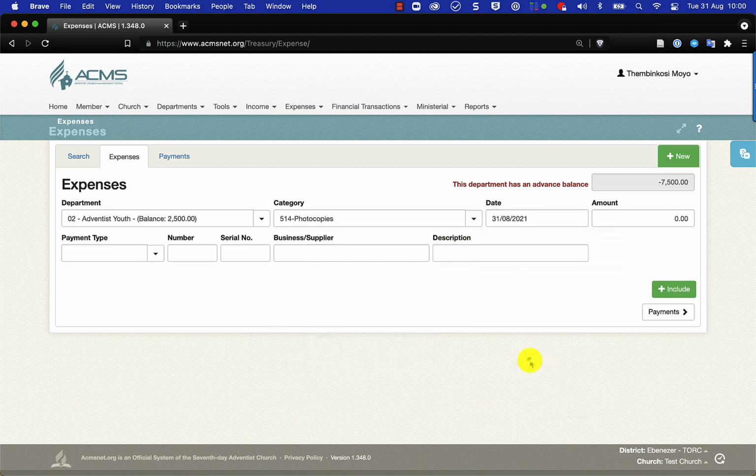And then you say the date, put the date, you say the amount, and you say, okay, so the receipt that they brought back to us out of that 2.5 was 2,000, because remember the change that we've recorded is already the 500. It was an invoice, you put the details and you click on include. And this way you have basically recorded the expenses that were incurred by that department from that advance, and you have also dealt with the matter of the change that you have received from that person and sorted out. So this is how we deal with petty cash and related